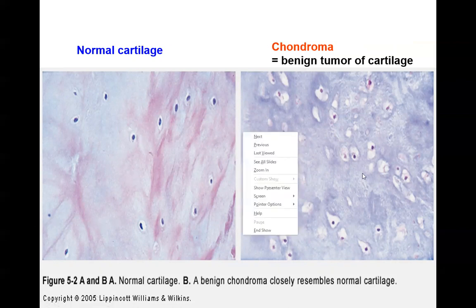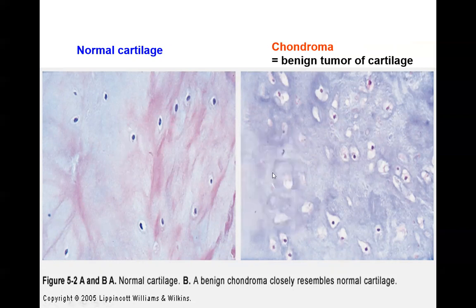Compare these cells to these cells right here. The cells are very comparable. The cells have a very bland nucleus, as you can see here. And here the same thing exactly, nothing impressive about them. A very important feature: as you go through the body, you will see that each tissue has its own features of malignancy. One of the important features to look at in cartilaginous tissue is to count how many cells are